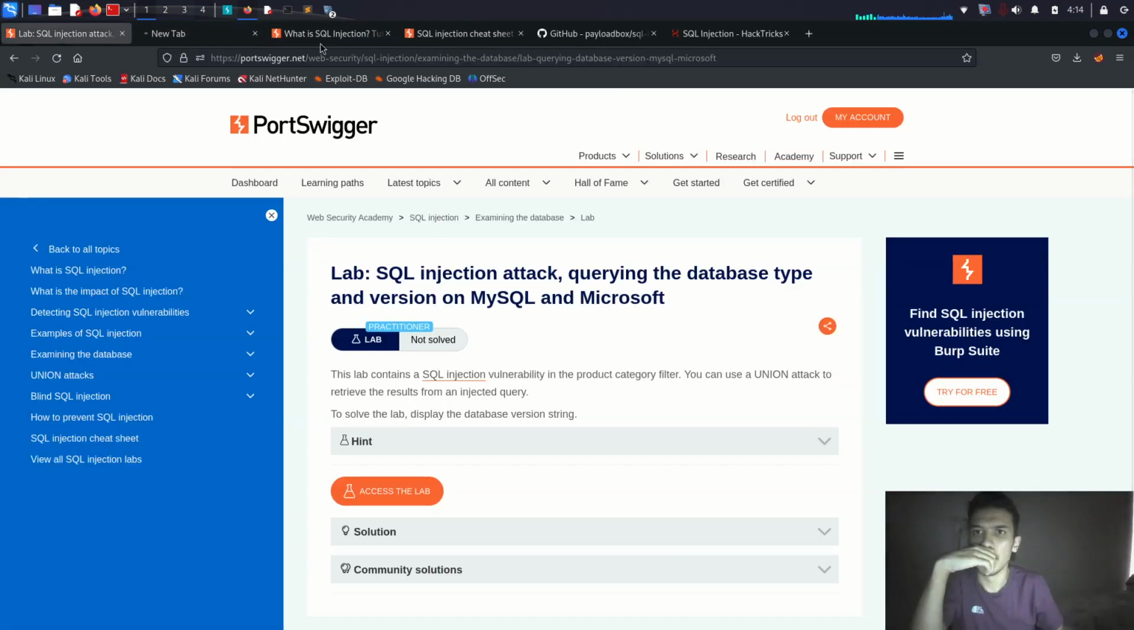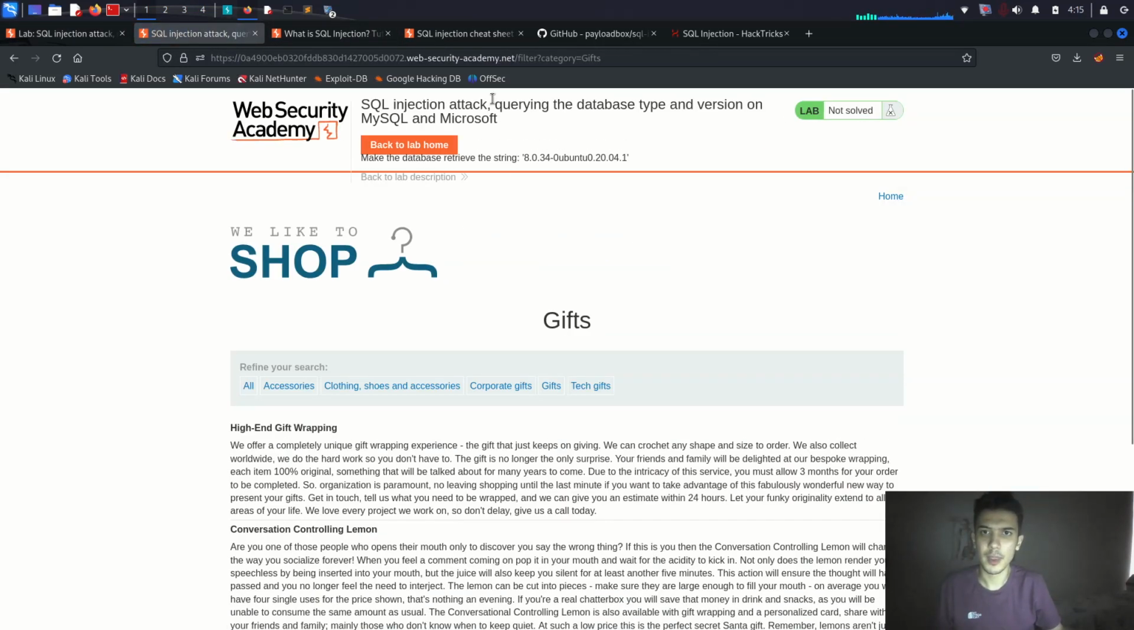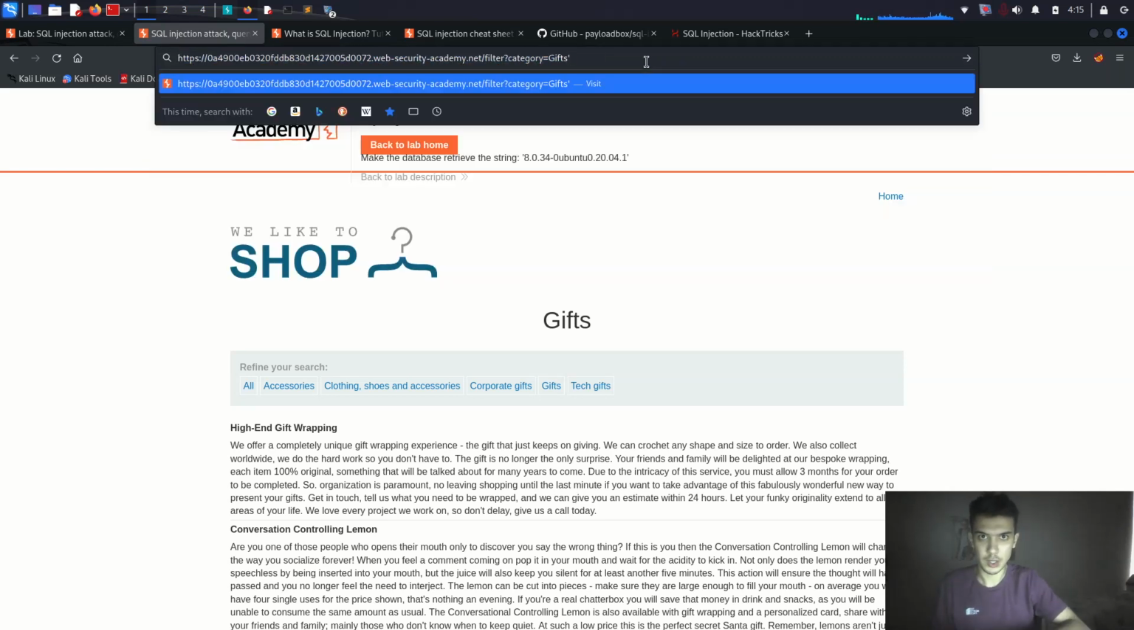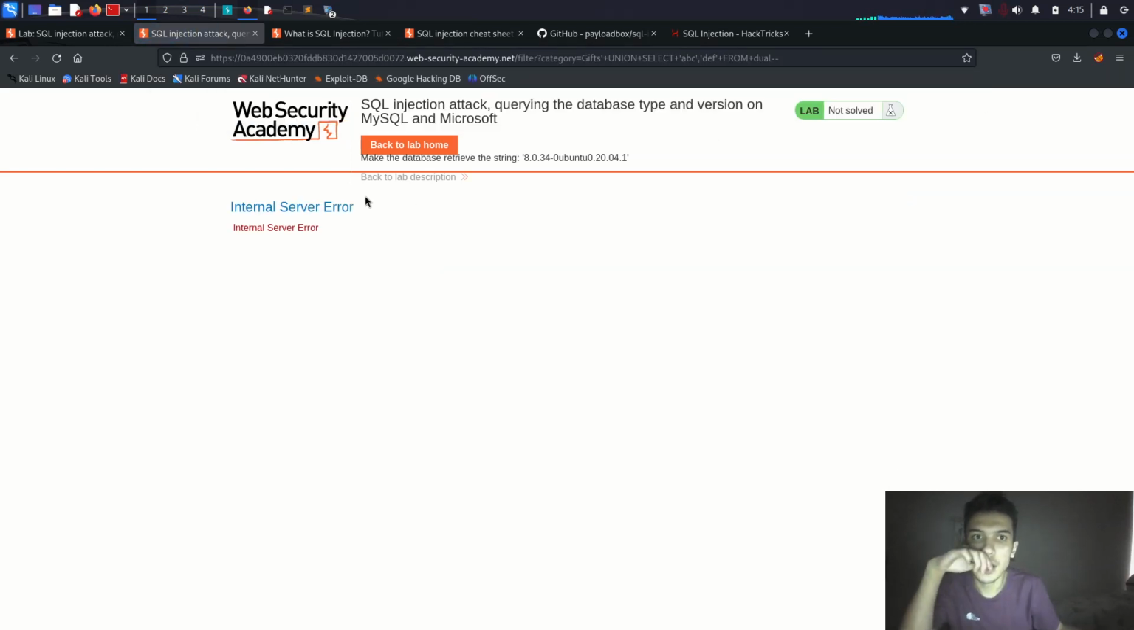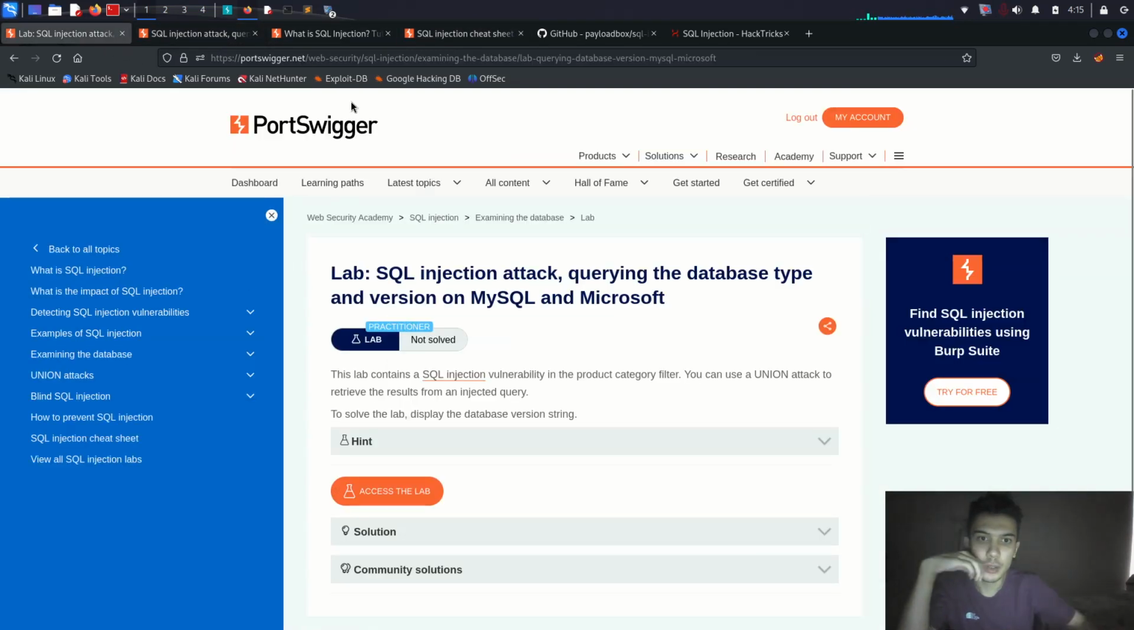Let me access this lab again. I think we have to do the same thing. We just select the union, but before that we have to add the plus: union select ABC DEF from dual. Why is it giving us an internal server error here? I don't know. Is it about what the lab says, you can use a union attack to retrieve results from the injected query? Anyway,